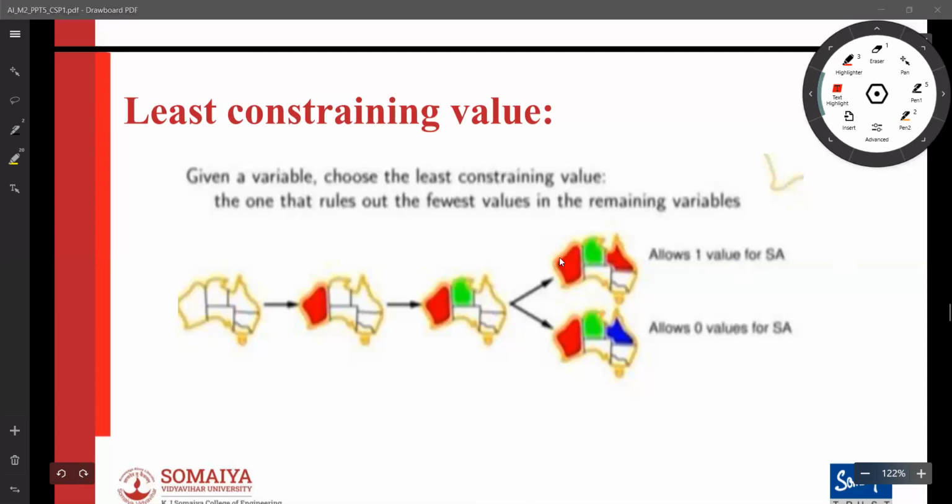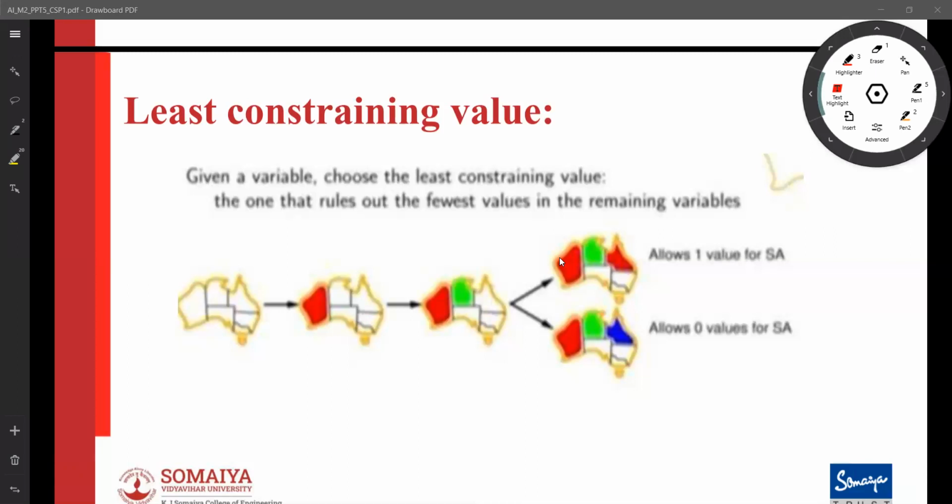So that is known as the least constraining value. So let us try that first. And if you try that first, then it will not fail. You will actually find a solution. Now, combining those two heuristics. Remember, we have studied the backtracking search algorithm where we get the solution of the 25 queens problem.